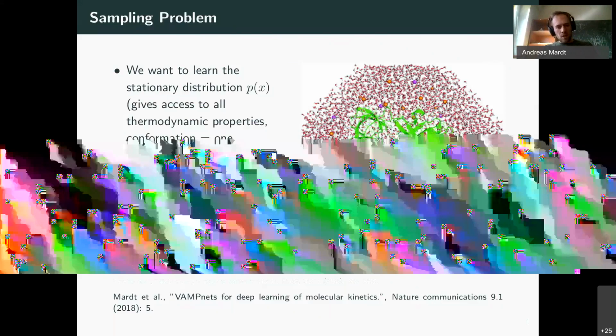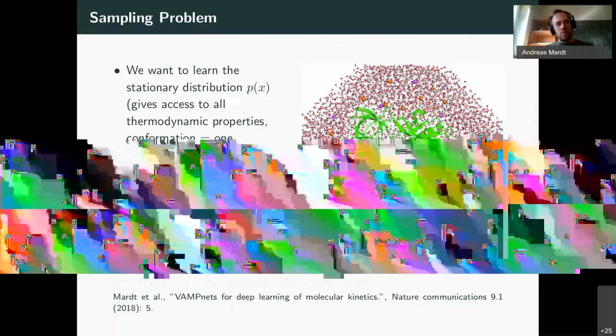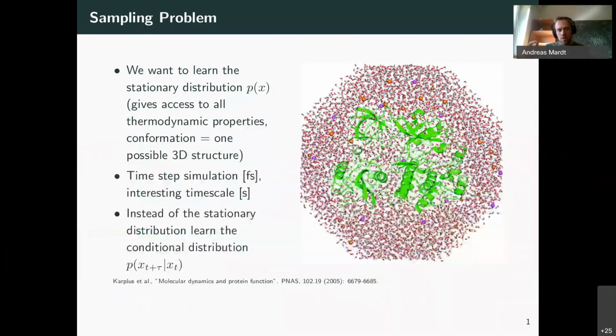And so let's repeat again what the sampling problem is. We start with this biological system you can see here on the right side. Now you're lucky enough to have the structure of this protein, and you put it into a simulation box where you put some water around it and some ions, and you try to mimic the environment in the cell where the protein actually is. And now you can run a simulation. And basically, when you do this, you try to learn the stationary distribution of this protein,